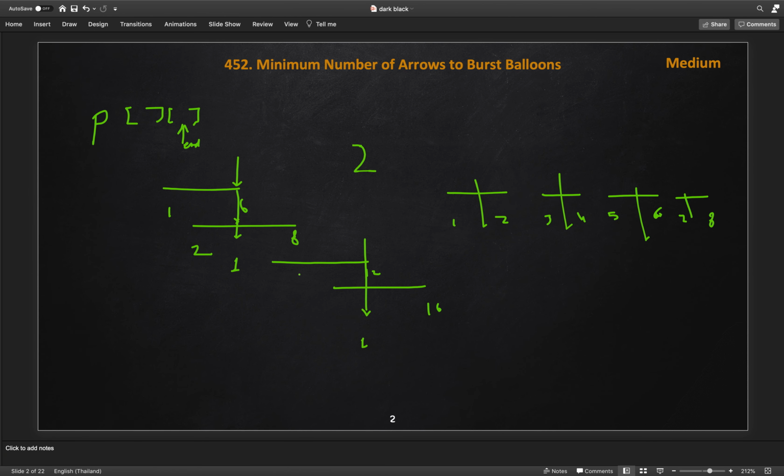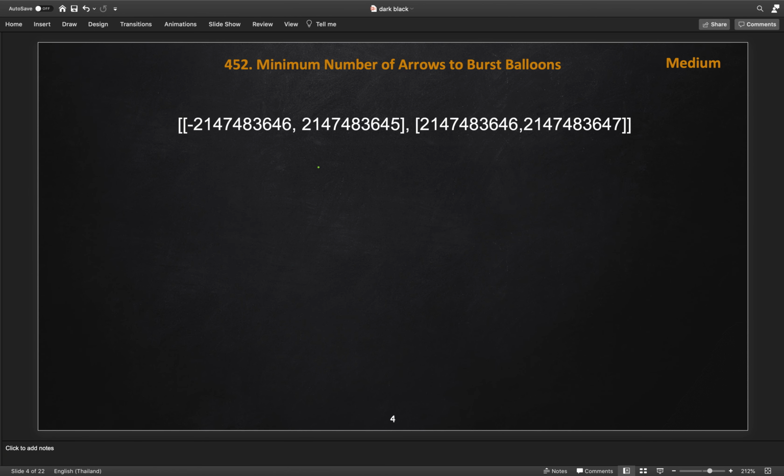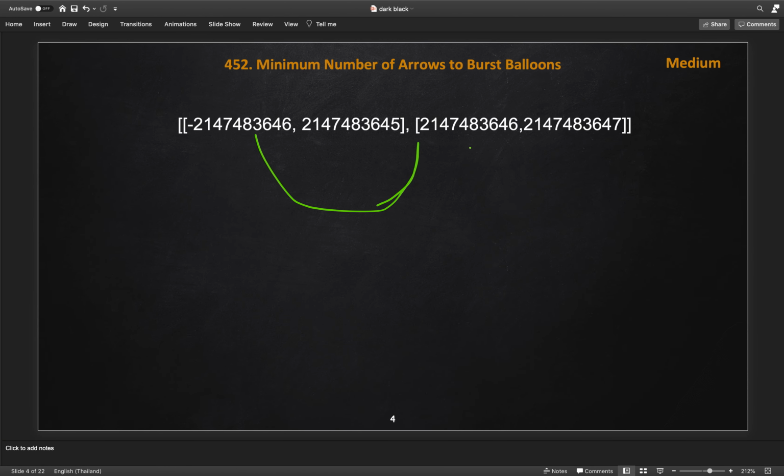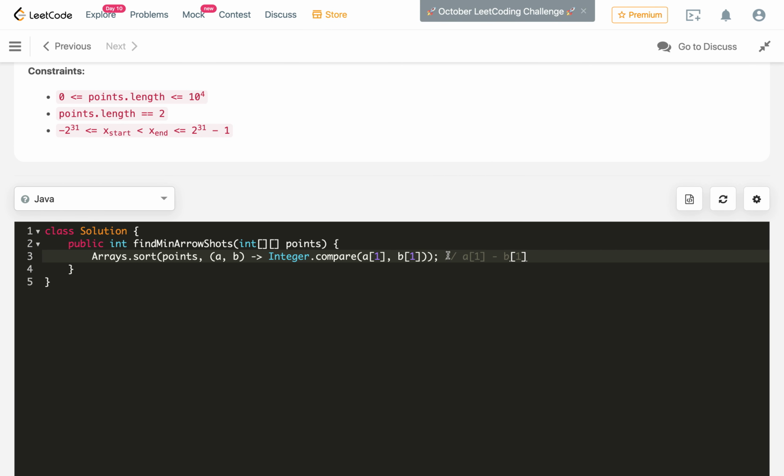There are some test cases which will give this kind of input in this problem. If we do A minus B, and if I am sorting based on the start index, this problem can also be solved based on the start index as well. So in that case it does matter, it can go int overflow.